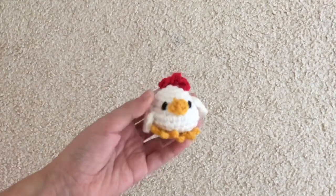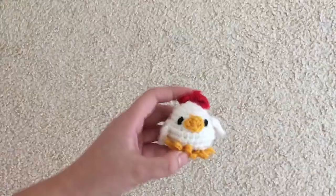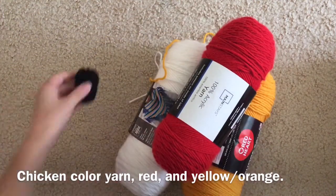Hey guys, in this tutorial I'm going to be showing you how to crochet this little cute chicken. It's the Fuego twins. Okay, for this tutorial you're going to need some yarn, and the yarn colors you'll need